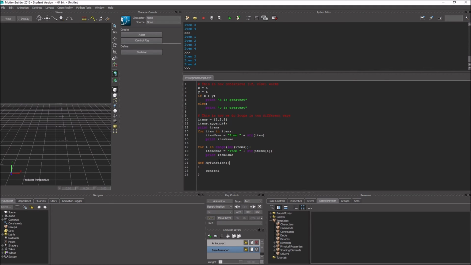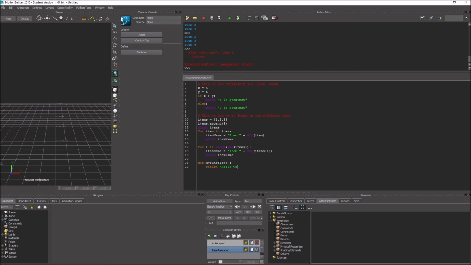And you have parentheses here as well, but then you define the block of content by indenting it and using a colon. So let's say this function would return a string,